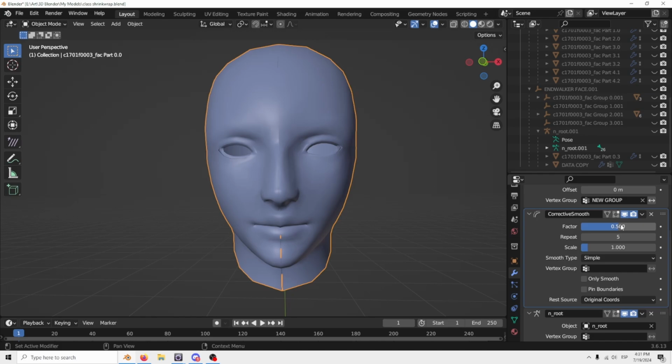And here with the factor section, you can make some adjustments to see what makes things look a little bit better. For my particular sculpt,